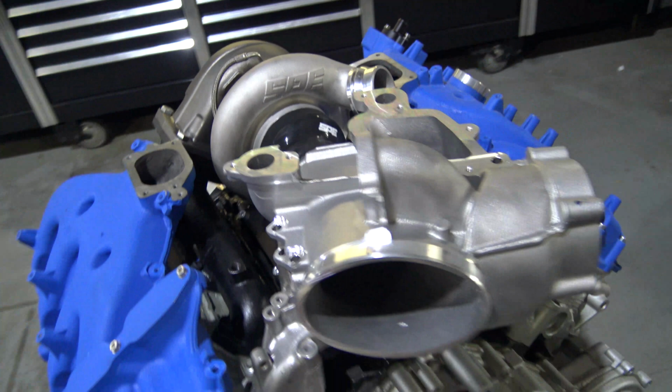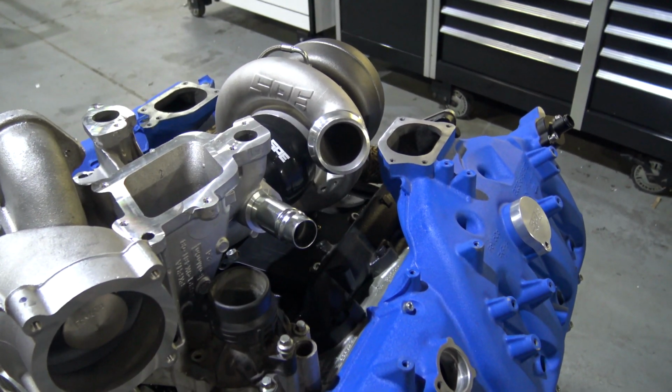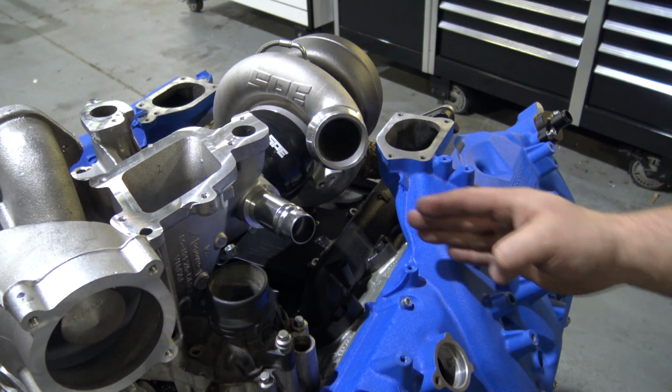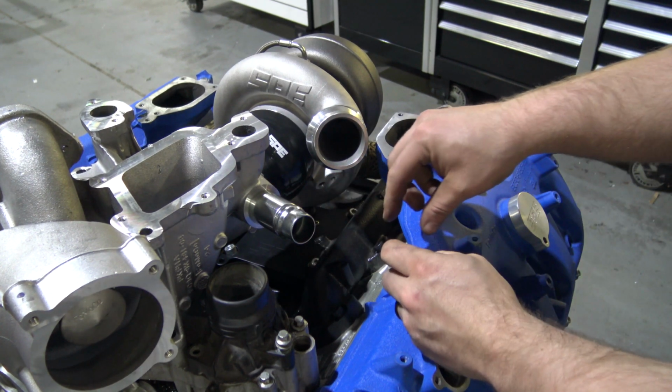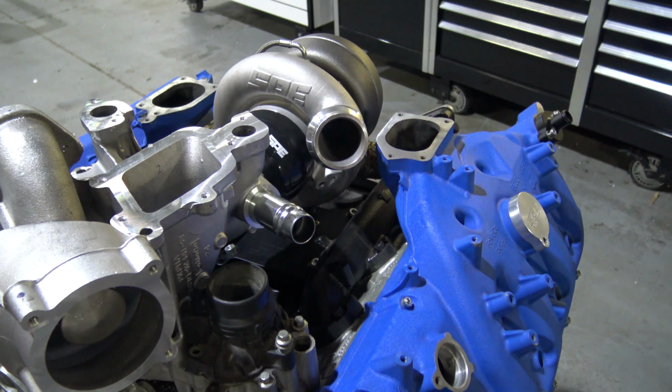On the 11 to 14 trucks, you're going to have a fuel rail, with the fuel line running to the CP4, that runs through here. And there's going to be a temp sensor with a green plastic top on it. You're going to need to remove that and then install